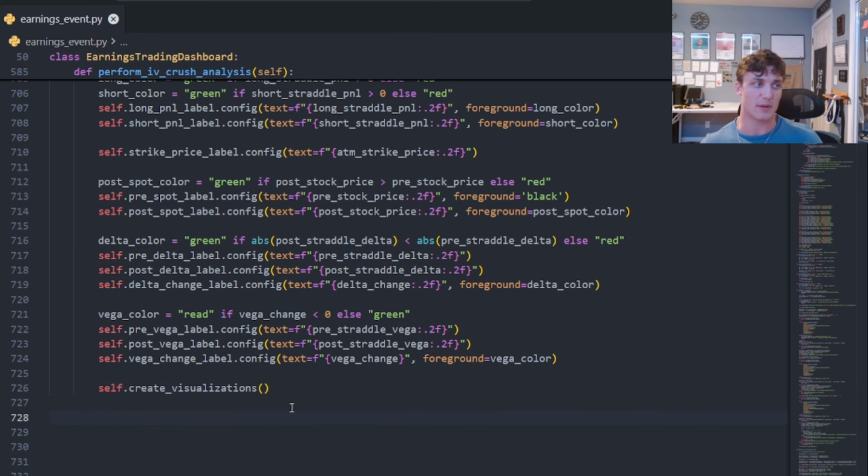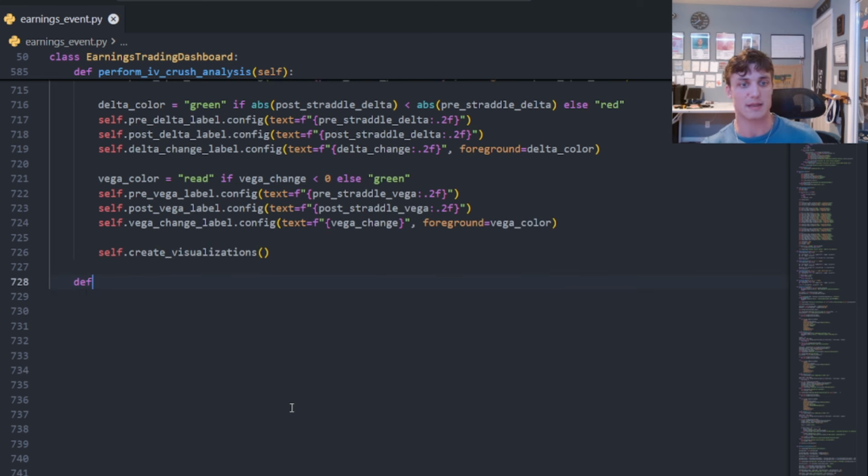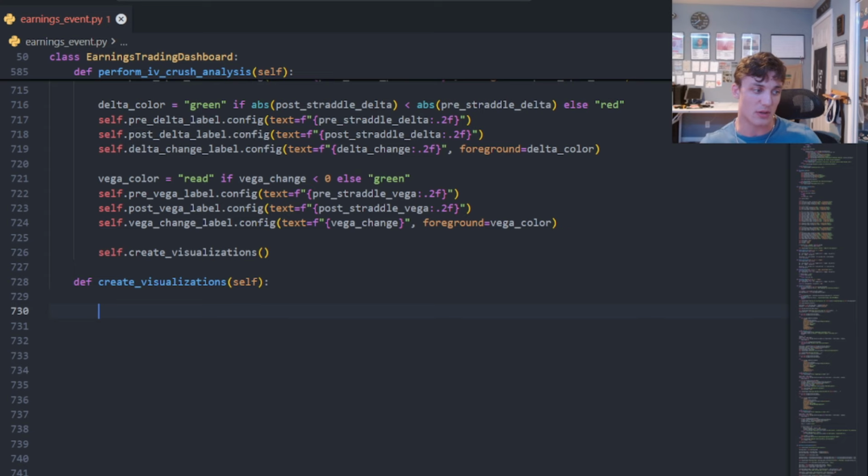And we need to build this function. So I'm going to say def create_visualizations. And now we can start to build the charts for our window. And this is not going to take nearly as long as what we had just done. So once we build these charts, we are going to be all wrapped up